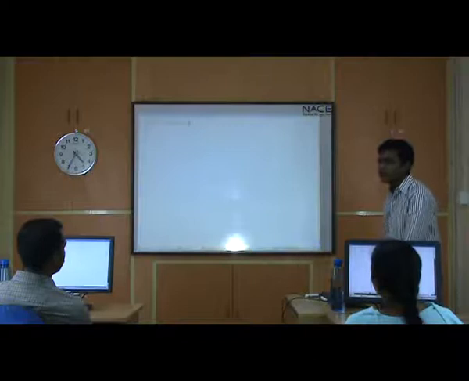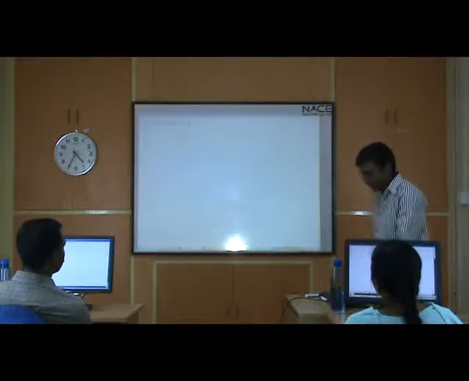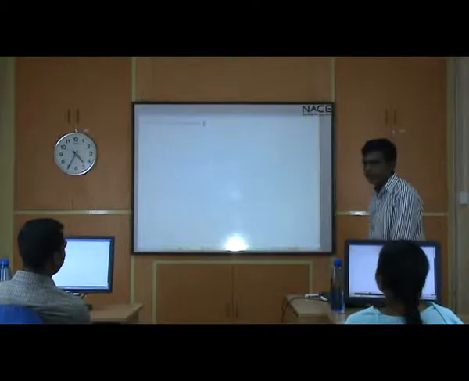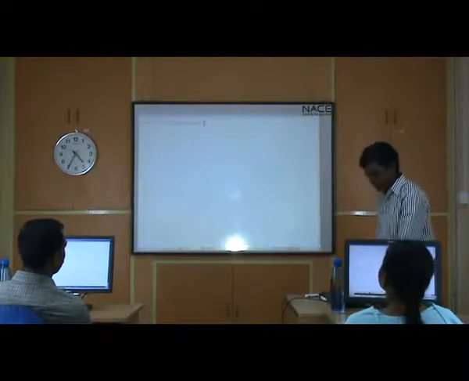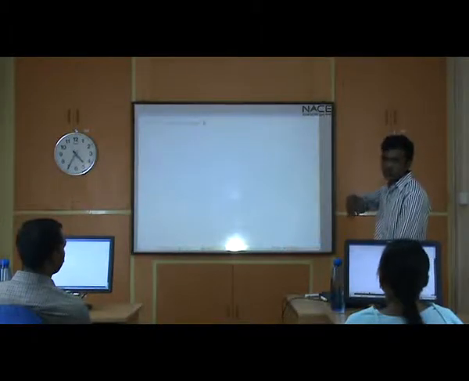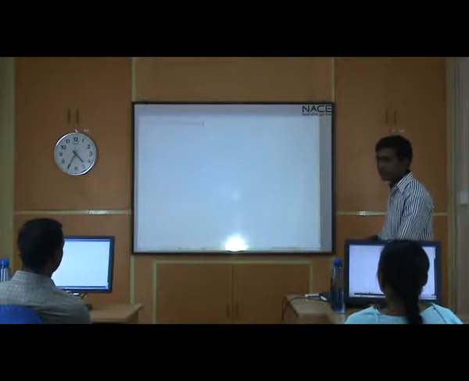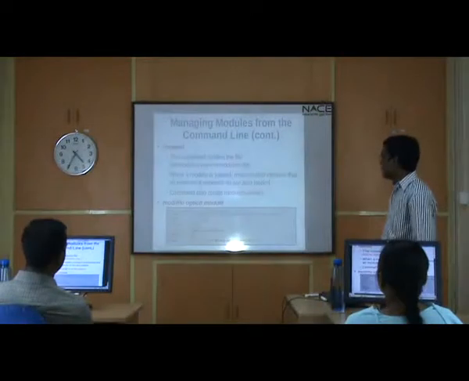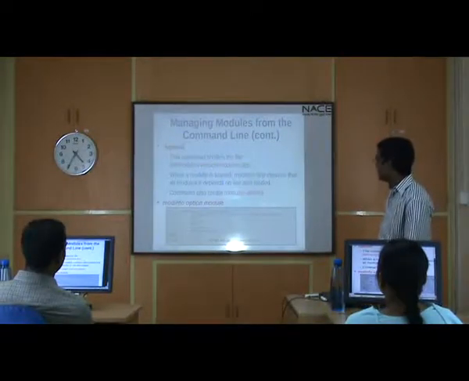So how does this file get created? We have a command called depmod, dependency mod. This command will create the dependency file. It will check the entire kernel module database and automatically create the corresponding dependencies for each kernel module. Right? Depmod.